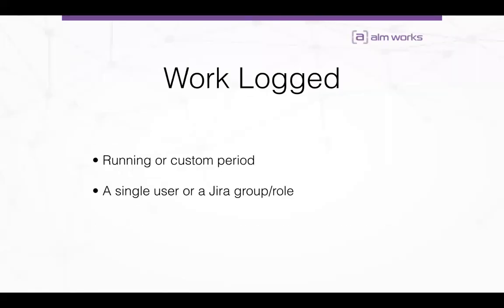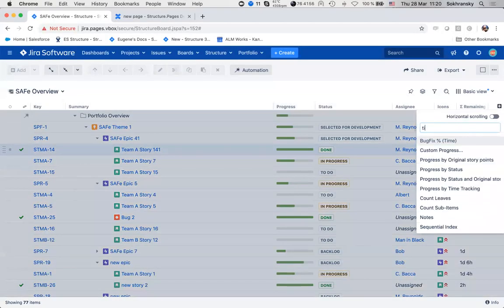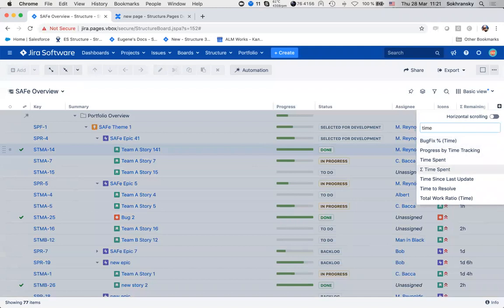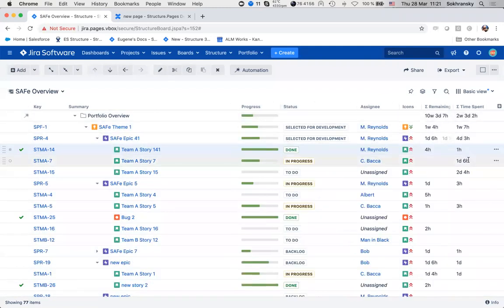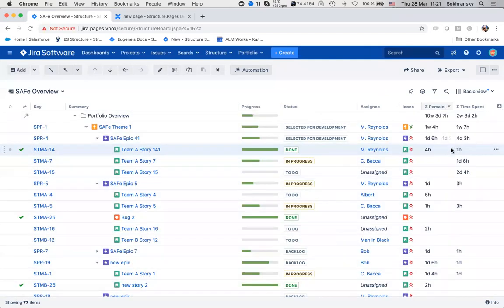Okay, so another really useful column a few people know about is work logged. You can show the time spent, of course. You can show the total time spent, which is just the Jira field, Jira data. But we also have a custom column that allows you to show work logged, which is a little bit more